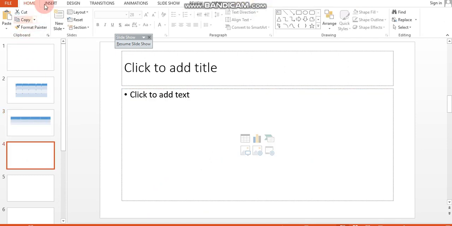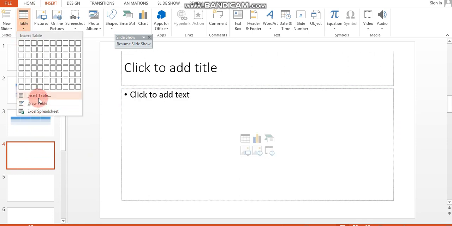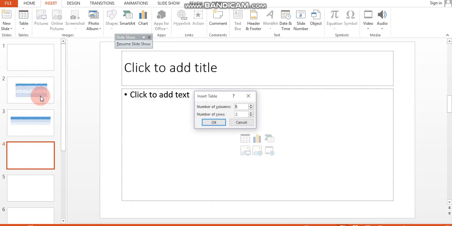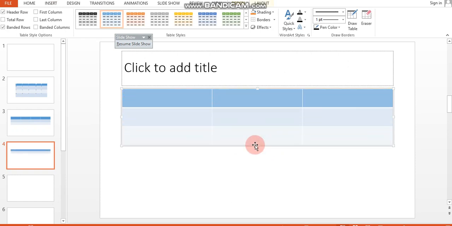The third method is here on the insert tab, by the table option, insert table. If you see, this will give you a box, like where we clicked here. So like here we will insert 3 columns, 3 rows. Okay, so this way you will get the number of them. So these are the 3 options.